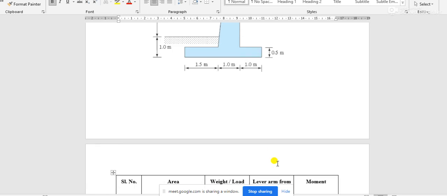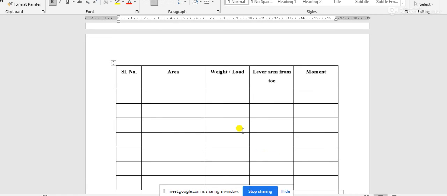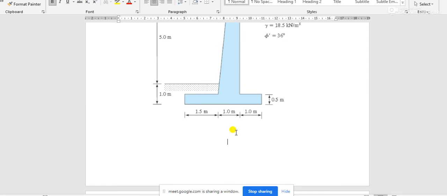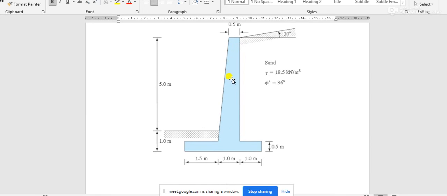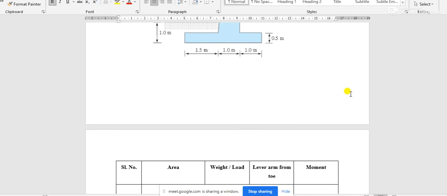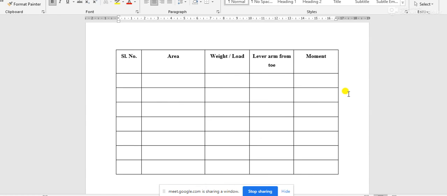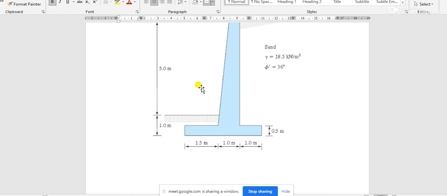Okay, so if you want to number this 1, 2, 3, 4, 5, in the notes I will number all the parts and give you the total picture. Okay, now if we want to calculate